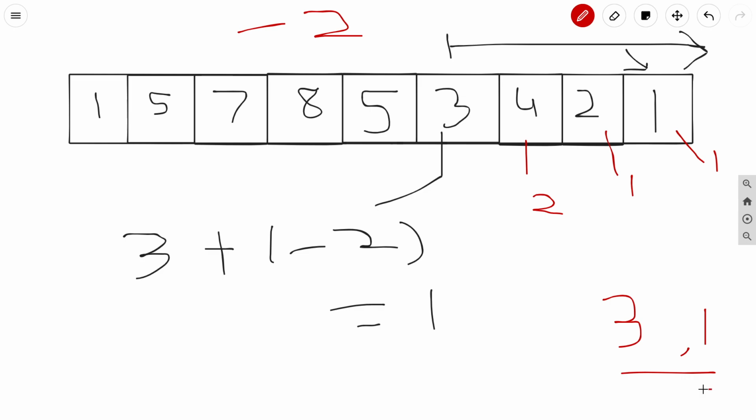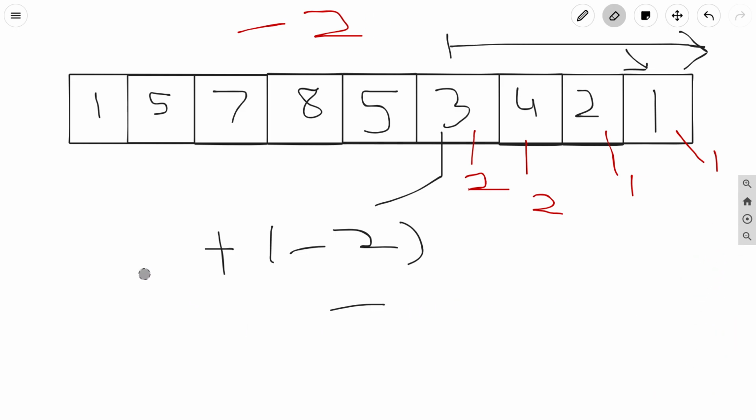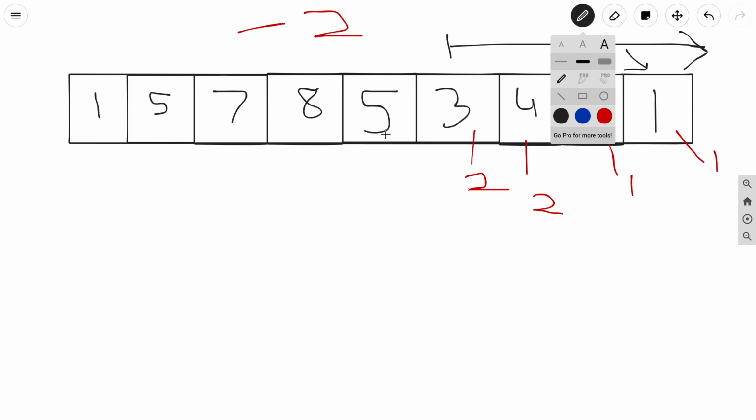So the length of this sequence will be nothing but the length of the subsequence which was an arithmetic sequence started from 1. So the length will be 1 plus 1, as we have added 1 element. So it will be 2. So for 3 our answer will be 2. So we will store 2 for this index. And again we will move in reverse manner and we will reach one index back. So this will be our index.